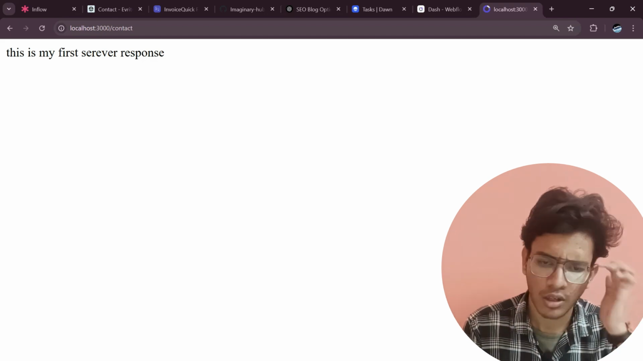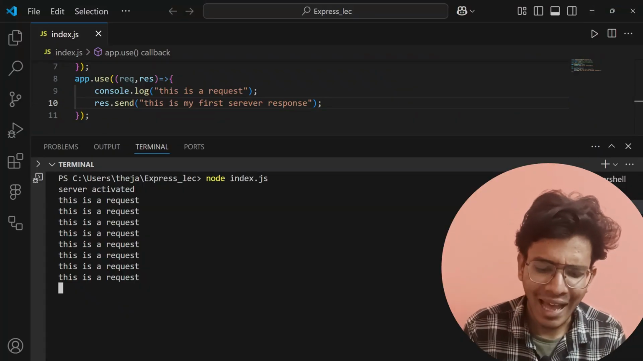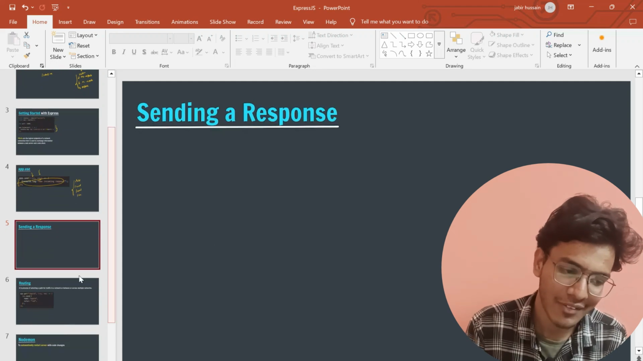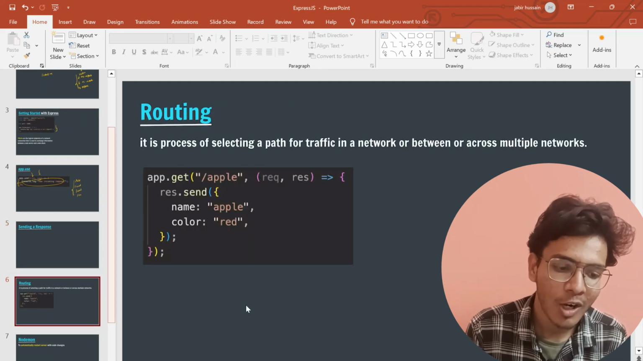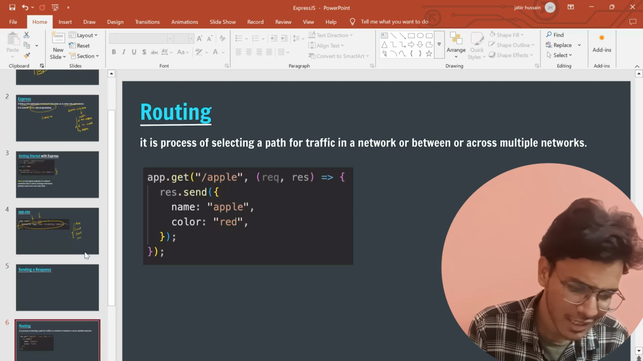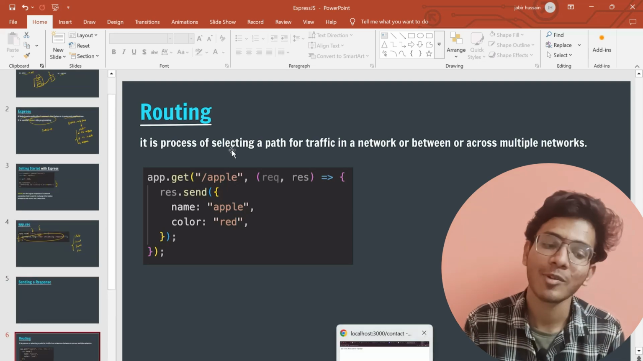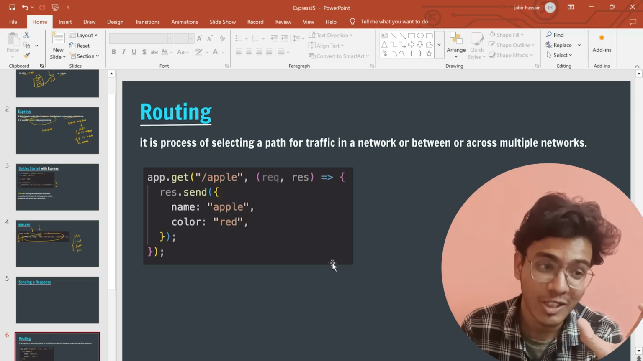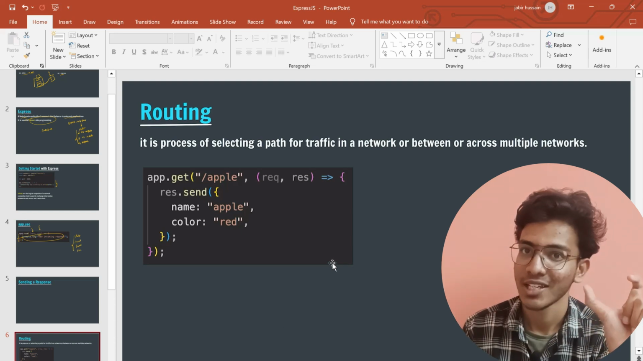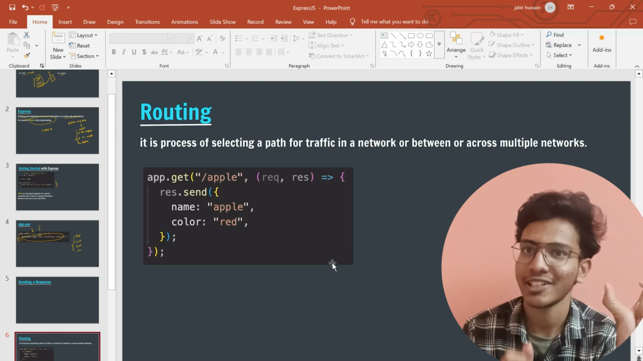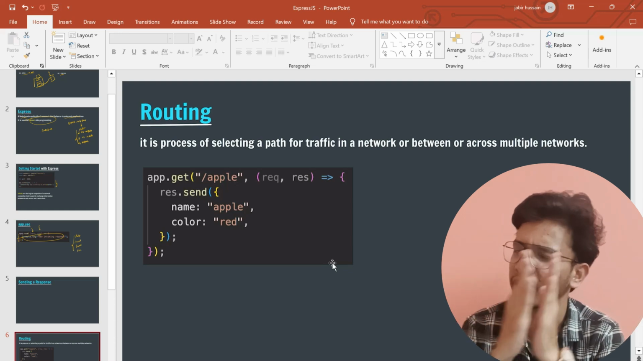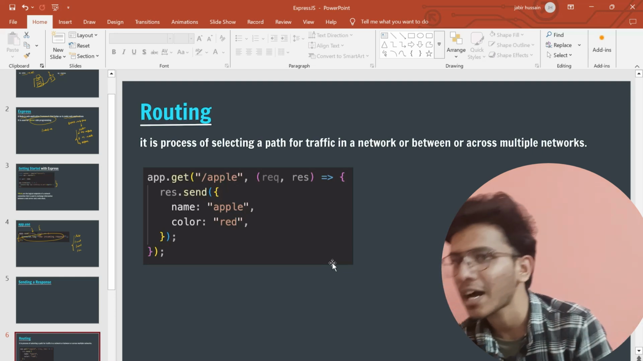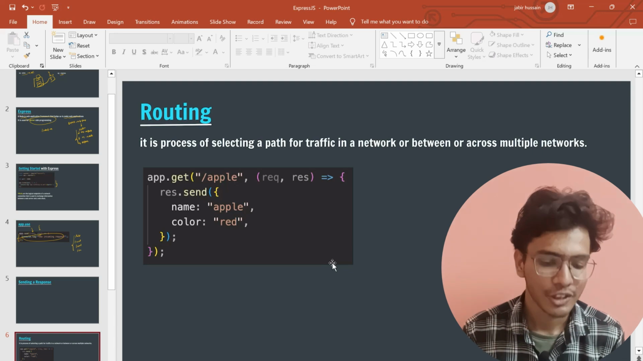So to do that, we have understood how we can send a request, and there is another function called app.get. Using app.get, you will send a response based on the particular route. If a route is something, then you want to send some output. If a route is different, then you want to send some other output. Okay, so here